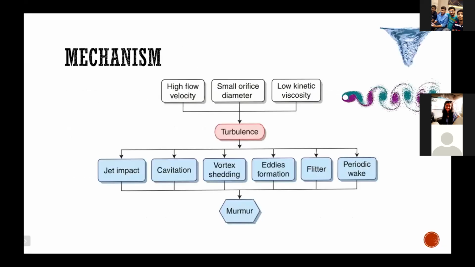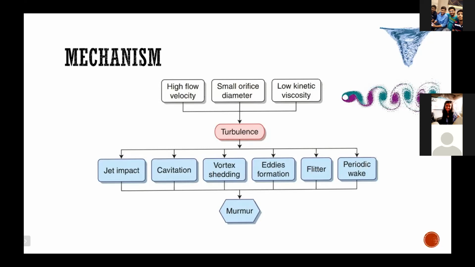So a little into theory on how all of these factors which I just mentioned ultimately produce a murmur. As I previously said, it is because of high velocity flow, or a small orifice diameter, or low blood viscosity. We know that in conditions like polycythemia, since the cellular mass is more, the viscosity of blood is high. Similarly, in conditions like anemia, the blood will tend to be more watery, so the chance of turbulence is high. Because of these three factors, ultimately turbulence is produced.